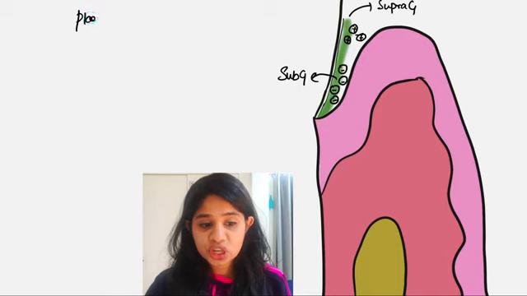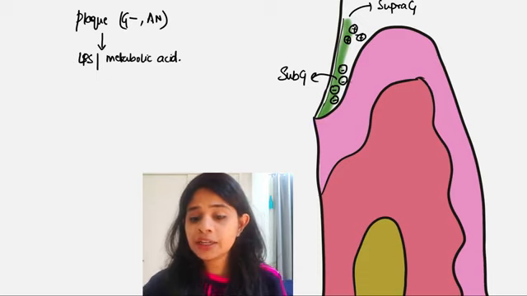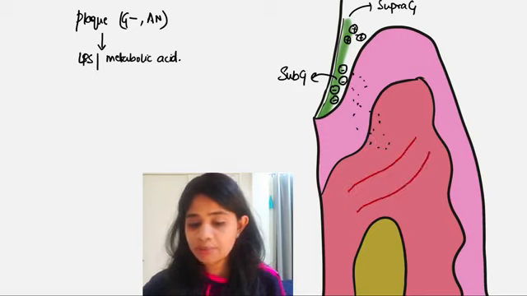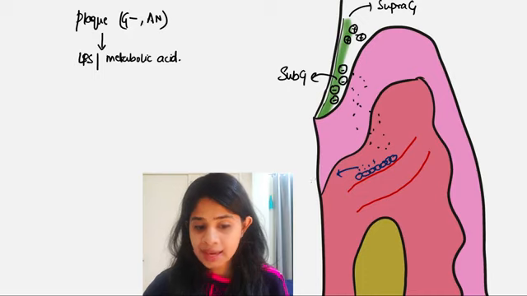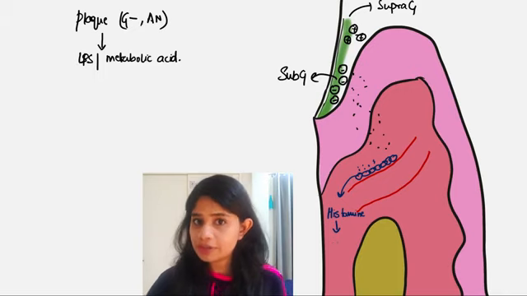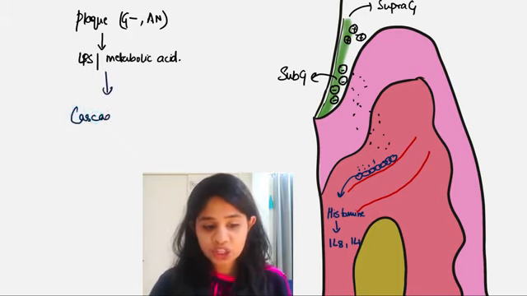Basically, the plaque which contains the pathogenic bacteria releases certain virulence factors in terms of lipopolysaccharides and certain metabolic acids, and these metabolites further leach through the epithelium and enter into the connective tissue, and they stimulate the mast cells which are present surrounding a blood vessel. These mast cells are stimulated and they release a substance called histamine. Now this histamine in turn causes the endothelium to release pro-inflammatory cytokines such as interleukin 8 and interleukin 1. And because of these, the whole cascade of inflammation begins.